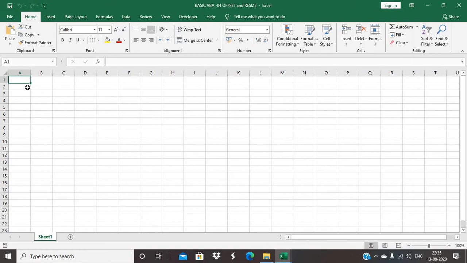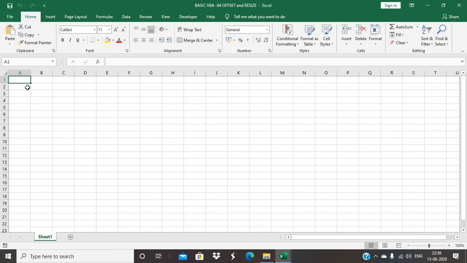In later examples we'll understand why it is important, because we need to do the calculation in such a way. For example, in later examples we will also learn how to find out the last row. In such a scenario you will get a count of rows, for example 5, and you need to calculate it here. So for resize, you need to